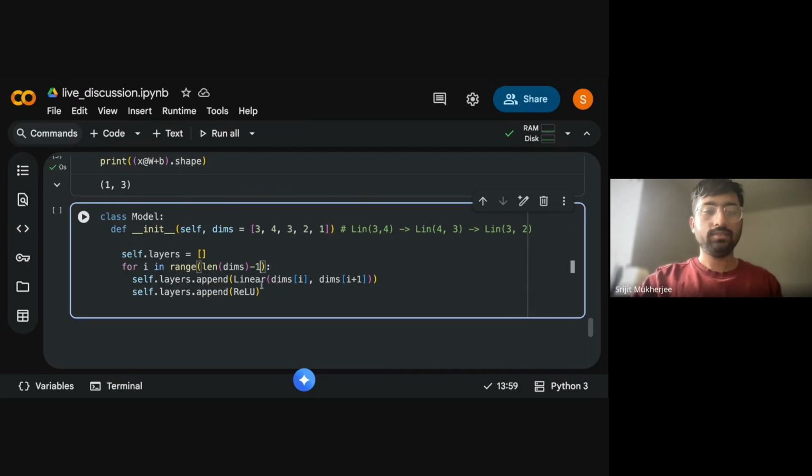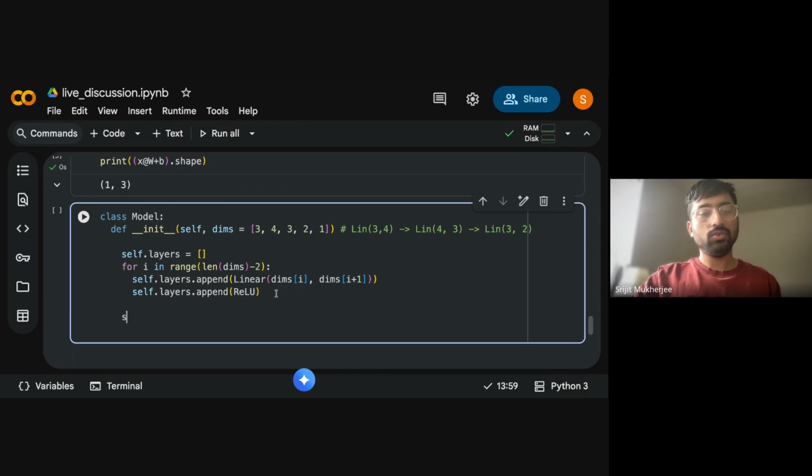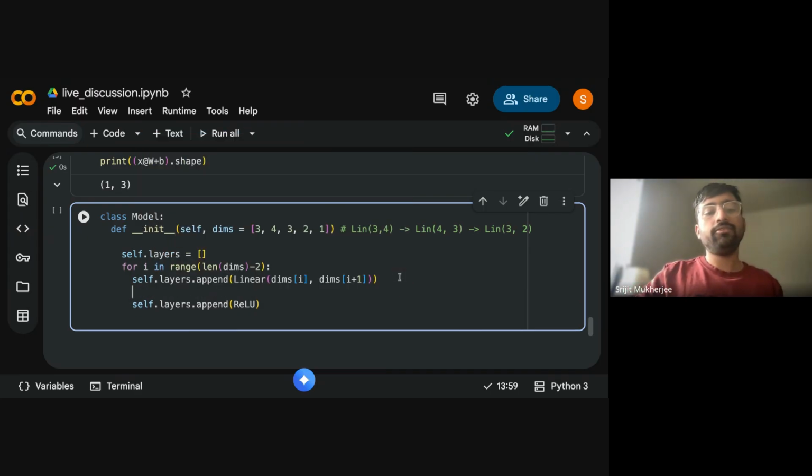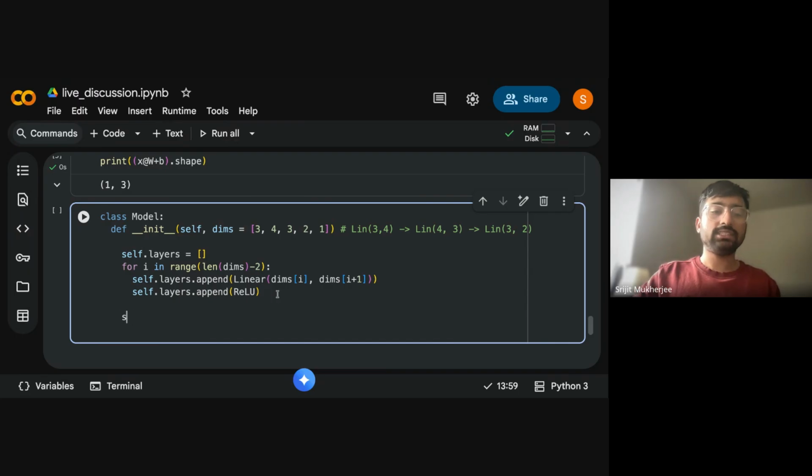So for the final layer, we can add this. Or we can also do it like this. For the last layer, we just append